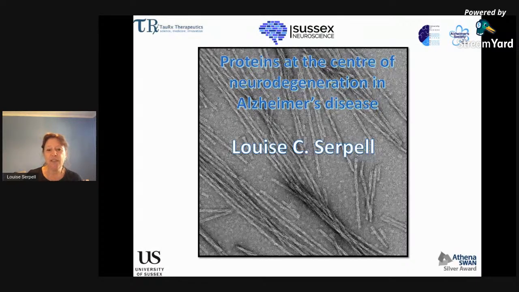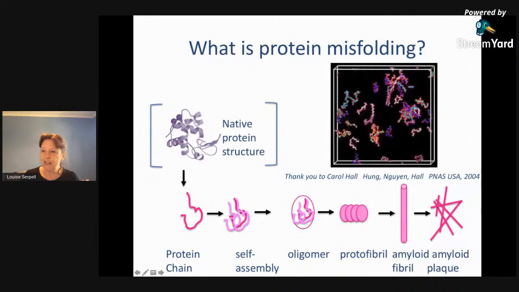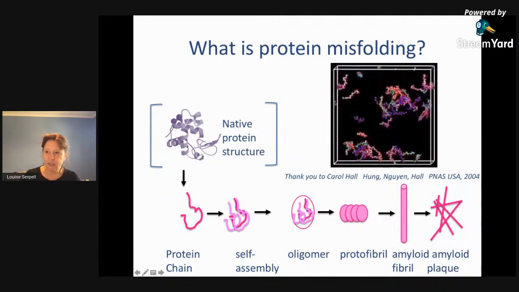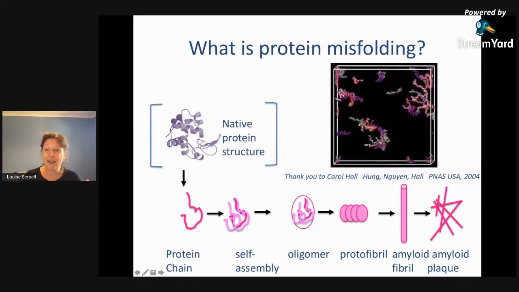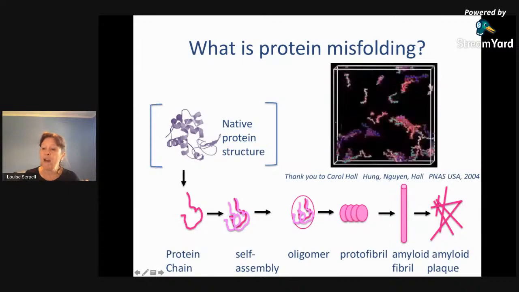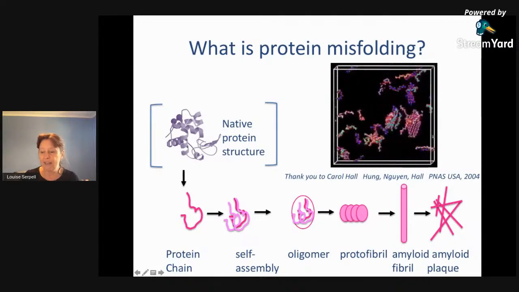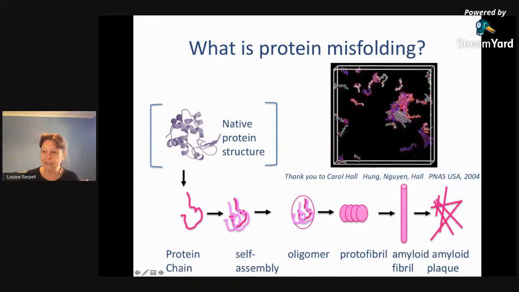So what I'm going to do is to do an introduction. I'm going to talk to you a bit about protein misfolding for those of you who don't know too much about it. So in this next slide, what I'm showing here is the native structure of a protein. This happens to be a protein called lysozyme, but it could be any protein, as you'll come to see as I speak. We have a protein chain that starts to self-assemble and form an oligomeric species, so a bundle or a group of